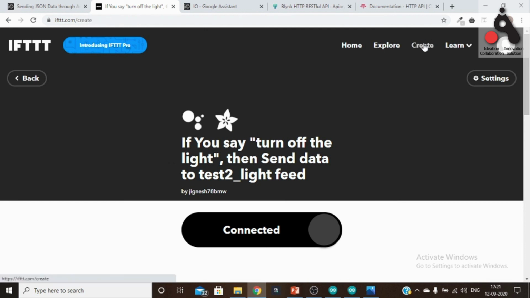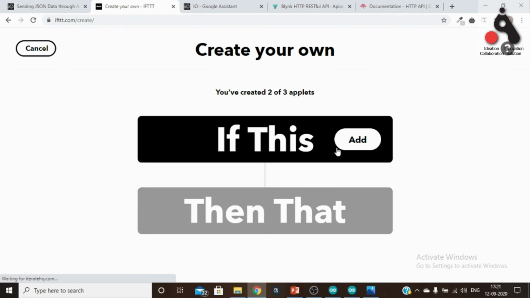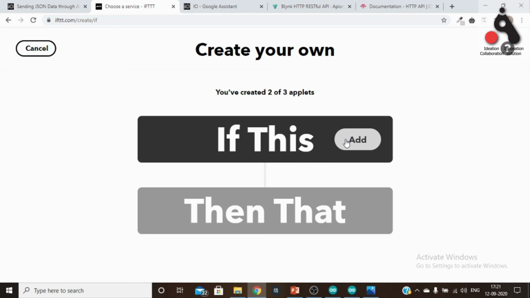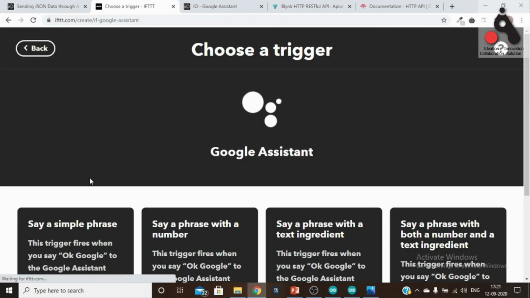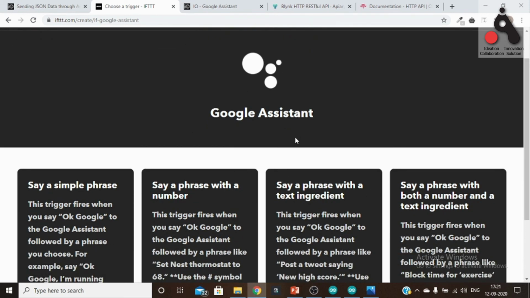Now we need to create an applet for our servo motor to control its position. So first we need to set up the Google Assistant. This is the important thing, you need to understand it, so that you can also control other things, like the brightness of a bulb. Some bulbs, apart from turning on and off, also support brightness control, like bulbs which support PWM. So you can do that in this manner.